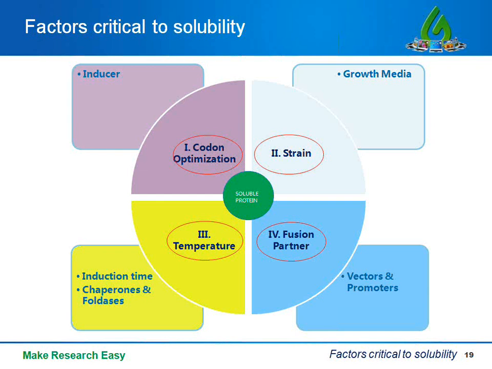Now we'll look at the core factors in more detail in the next few slides, but let's quickly take a look at the auxiliary factors first. Inducer. Many people focus too much on IPTG concentration, but the truth of the matter is that for most proteins, we found very little difference of IPTG concentration between a 0.1 to 1 millimolar range. Now, excessive IPTG, of course, can be harmful to bacterial growth, but this is one variable that can be avoided in most cases. Now, I'm not saying that this is not important.